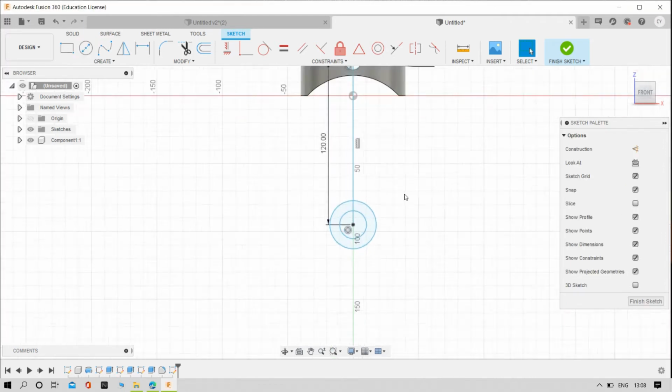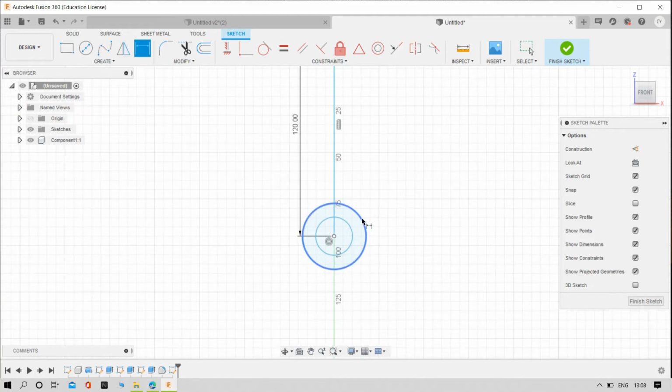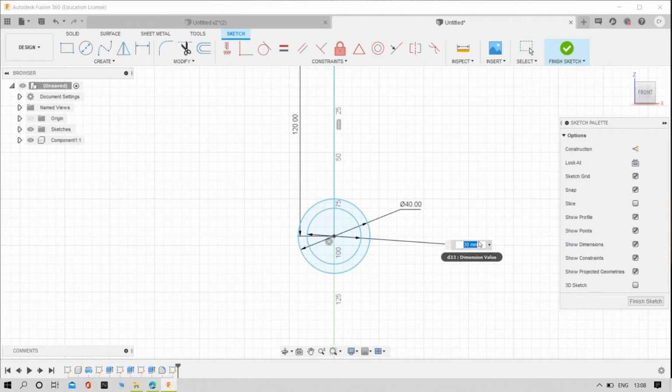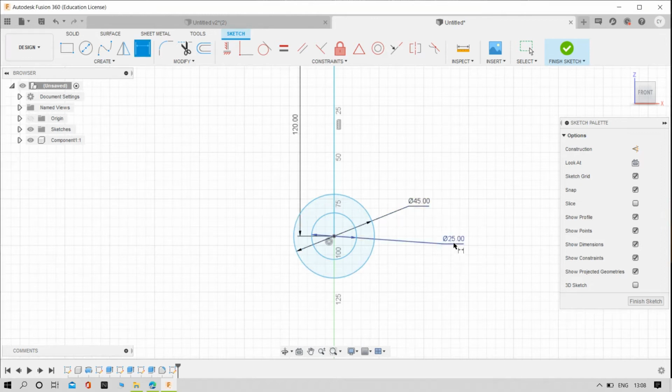I think these are not enough. Make it this one 40, and then make it this circle 30. Make it 45, make it 30. Yes, perfect.